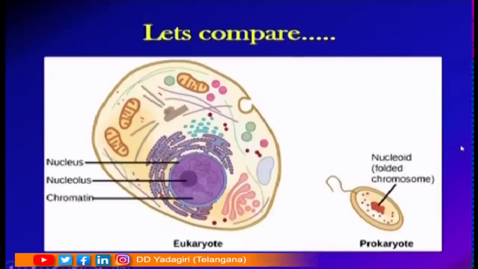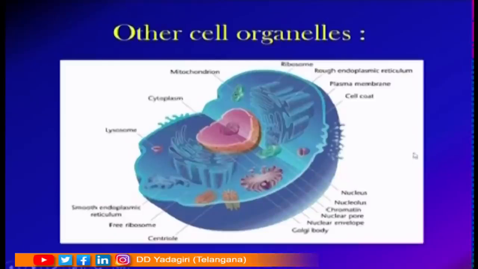In human beings, we find some of the prokaryotic-type cells, that is, red blood cells are of this type, that is, they do not contain any nucleus. The newly formed red blood cells contain a nucleus. When they mature, the nucleus disappears. So we find a few exceptions here and there. Here we can see certain other cell organelles, and the details of these other cell organelles we will study in the next class. Students, I hope the concept is clear to all of you.